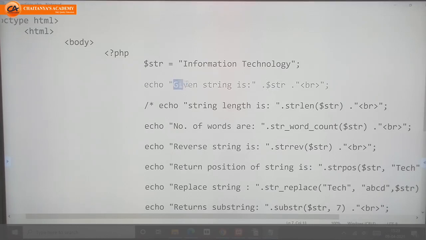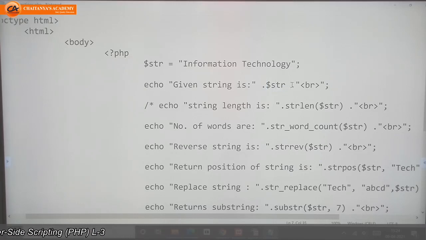It means I need to pass this message first. After this message I want to print the value I stored in this str variable. So in double quotes the message, after the double quote again whatever value I want to print, and dot just to combine this value with this message.